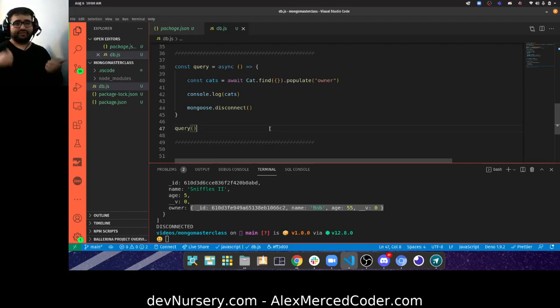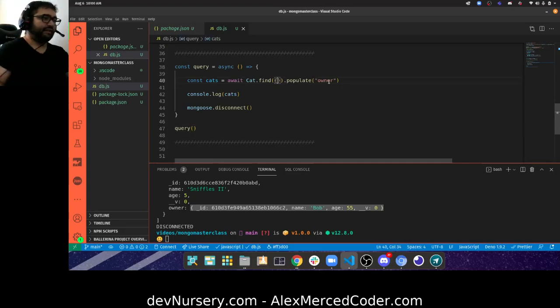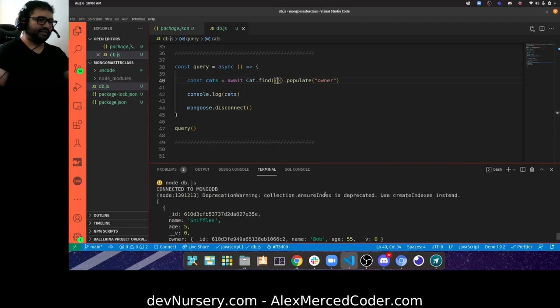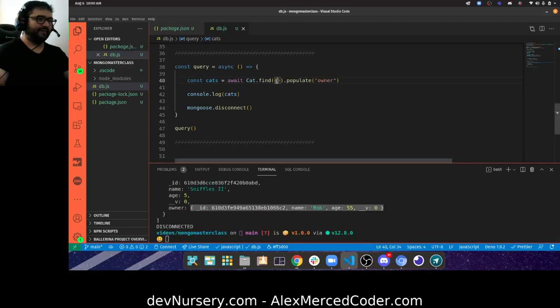There are functions for finding. There are options like, for example, let's say I only wanted to find one particular cat. I could sit there and say, they're both of age 5. I think both cats, yeah, they're both age 5. But if I could filter it and say, hey, give me only the cats whose age is, and then you can put an object that says gt. GT stands for greater than,